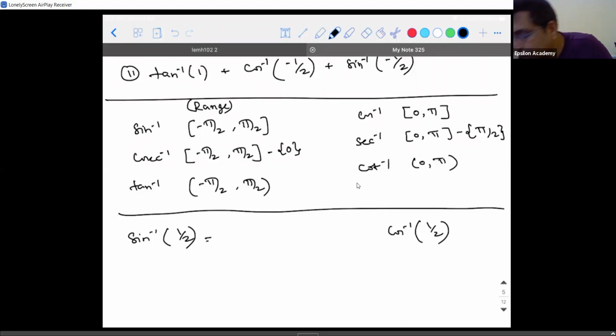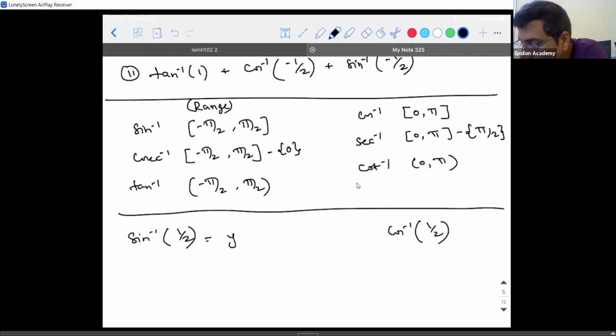So whether you have sine inverse of a positive value, I'm stressing on this, listen, okay? Sine inverse of a positive value or cos inverse of a positive value, the angle is always acute. When I say acute, it is restricted to first quadrant, 0 to pi by 2. Accepted? So sine inverse of half, how are you going to solve it? The steps to be used, okay? I know you can find the value easily.